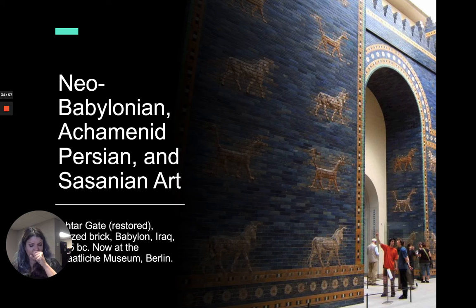And Nebuchadnezzar's Babylon was a mud brick city, but it had this very standout feature, which is what we see in this image, and that is this blue glazed facade of the gates leading in to Babylon. This is a reconstruction of those gates, but they're called the Ishtar Gates, and they're one of the most important